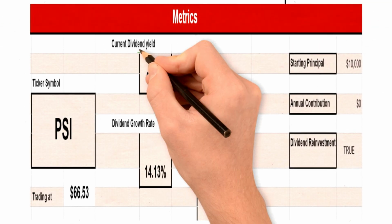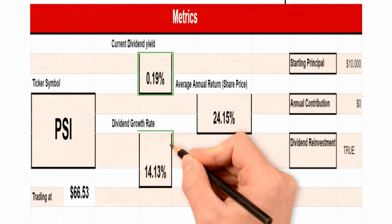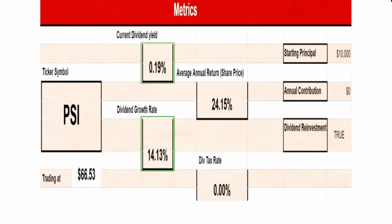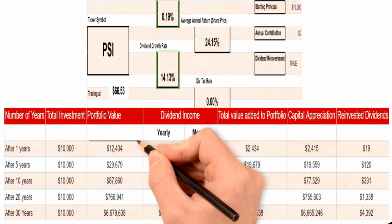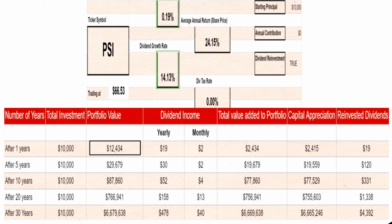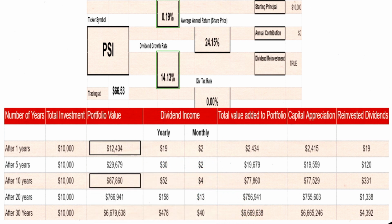Despite a relatively low current dividend yield of 0.19%, PSI has shown impressive dividend growth, with a 14.13% average increase over the past 10 years. If you invested $10,000 in PSI, after 1 year, your investment could grow to approximately $12,434. Over 10 years, this investment could rise to about $87,860. In 20 years, the investment could grow to